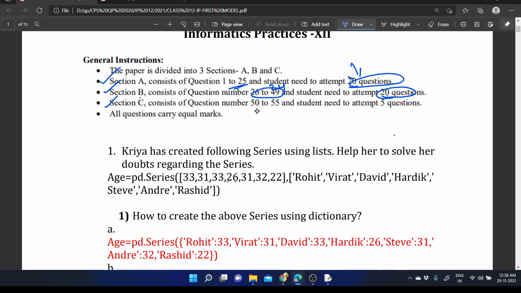For Section C, they will provide 6 questions in total, and from that you need to attempt any 5. So that's the pattern of our question paper based on Informatics Practices.